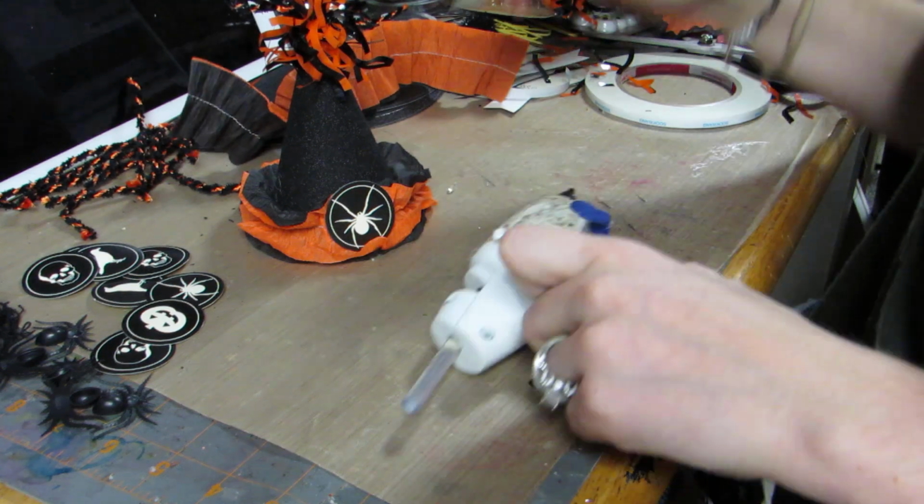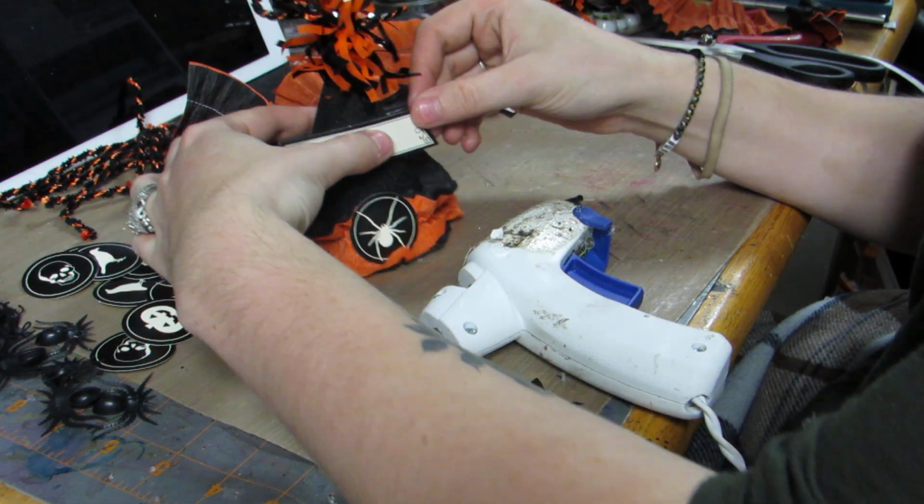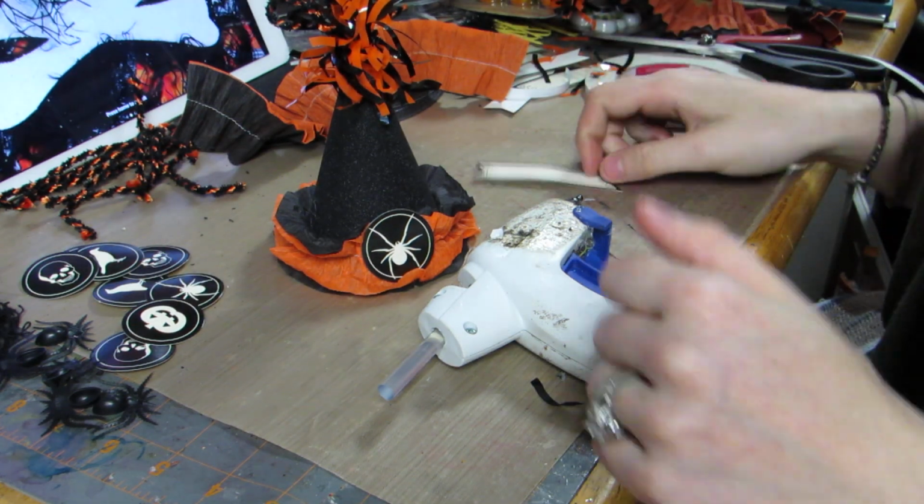Anyways, and then I'm going to put my saying on here, and I'm going to glue this on to here. So yeah, so I turned place card